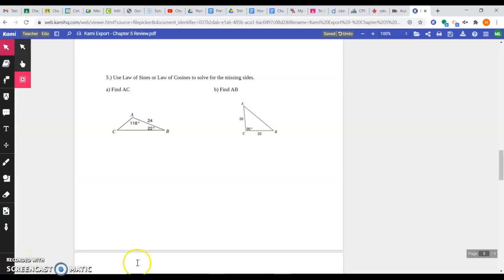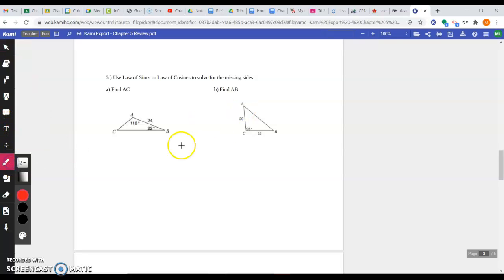All right, here is a video working through problem 5, part B on our chapter 5 review. In this problem, I see that it is a non-right triangle. And anytime we have a non-right triangle, I'm going to have to use law of sines or law of cosines. Now, I can tell that this is a law of cosines problem because I see one angle and it's between two side lengths. Anytime you have a non-right triangle with one angle between two side lengths, you're going to use